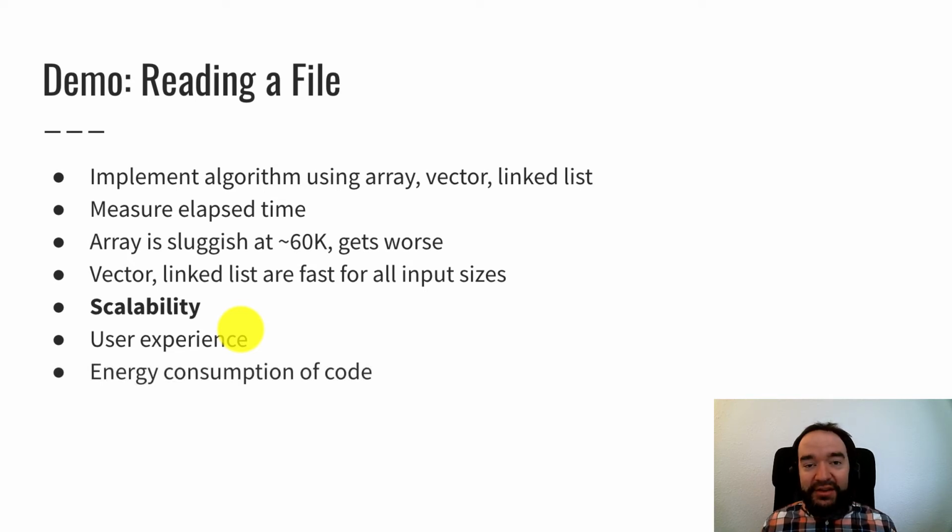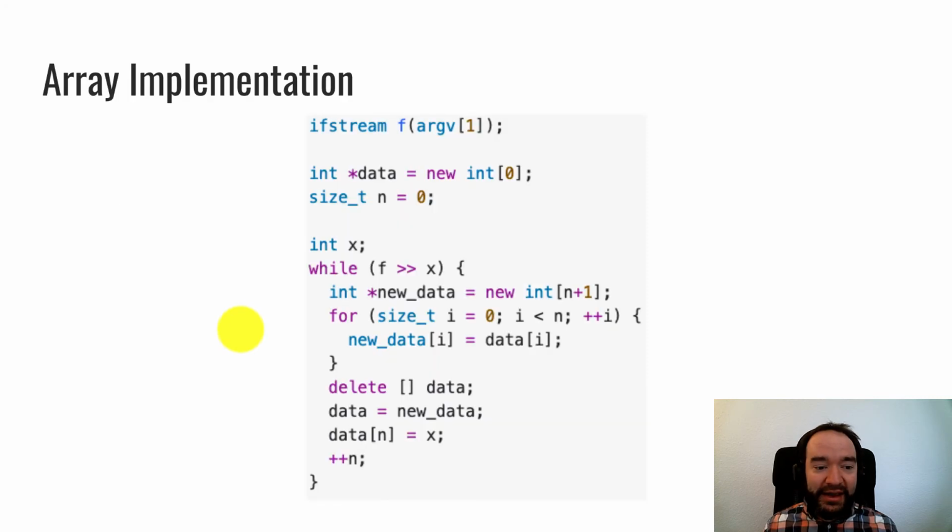And it also goes into the energy consumption of the code. The more you make the CPU work, the more energy it uses, and that goes into how much carbon we're burning to produce this electricity, how much it costs to provide the electricity, and the battery life of mobile devices. So of course we want to economize that if we can. So let's look at the code.